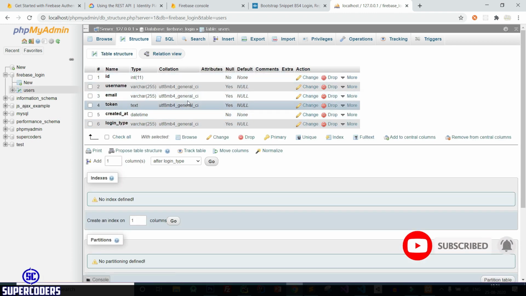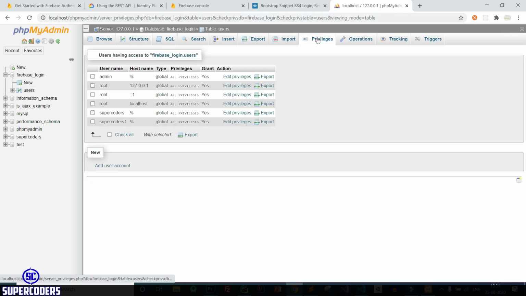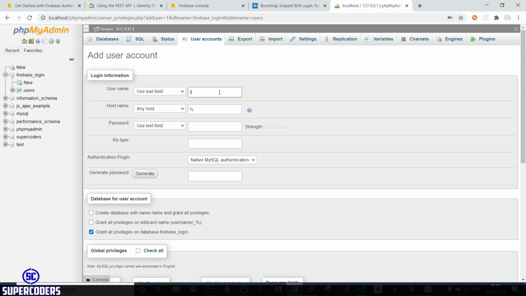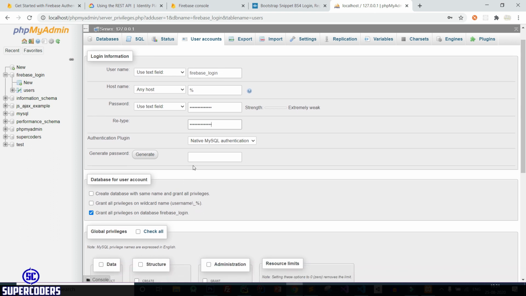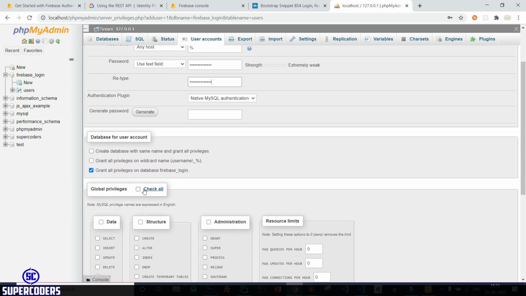You can see it contains username, login, email, and token. Let's add a user. So click on privileges, add user, giving username Firebase login, copy it, paste in password also, and check all.